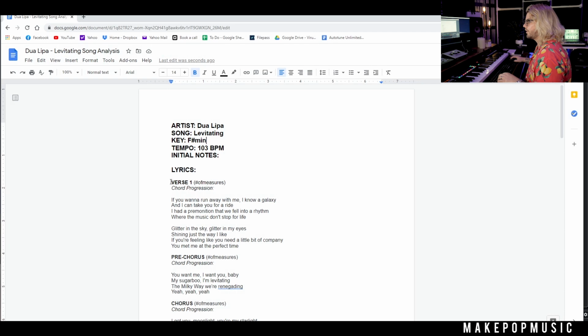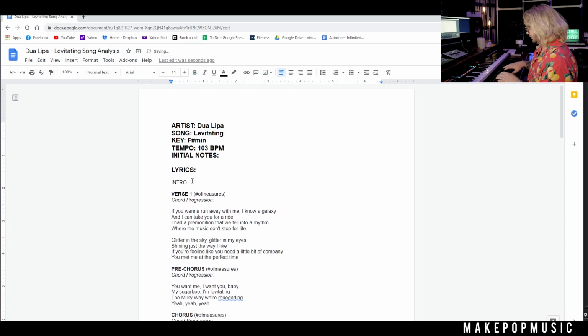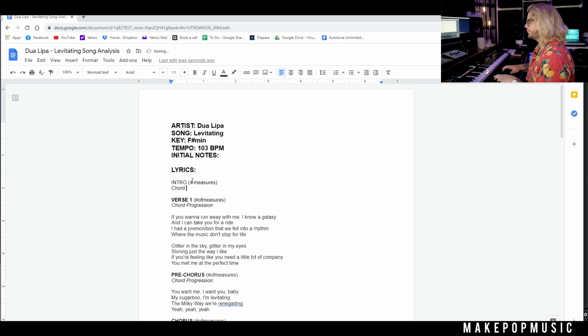So I'm gonna go ahead and mark on here. We actually have an intro that is 4 measures, and the chord progression is just looking like, what I say, B minor 7, F minor 7, and then E minor, and then B minor 7. Is that what we said? So we have